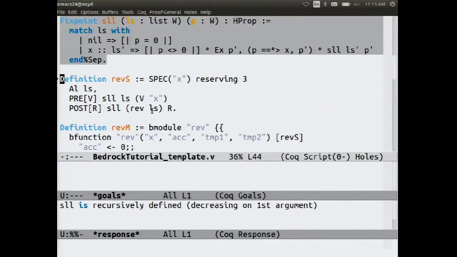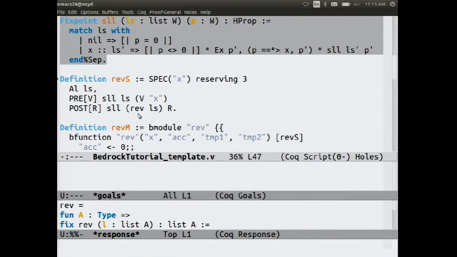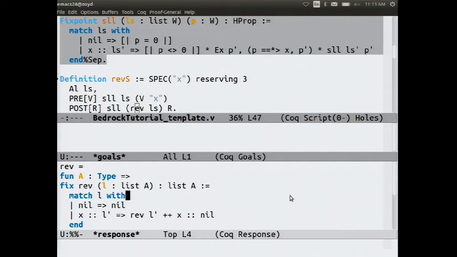Here I'm just using the functional rev operation from the standard library that looks like this. Not too fancy. You might have seen this in the calc intensive at the beginning, maybe not, but it's a standard functional program. We're going to essentially show we're implementing this functional program with an imperative program in place.